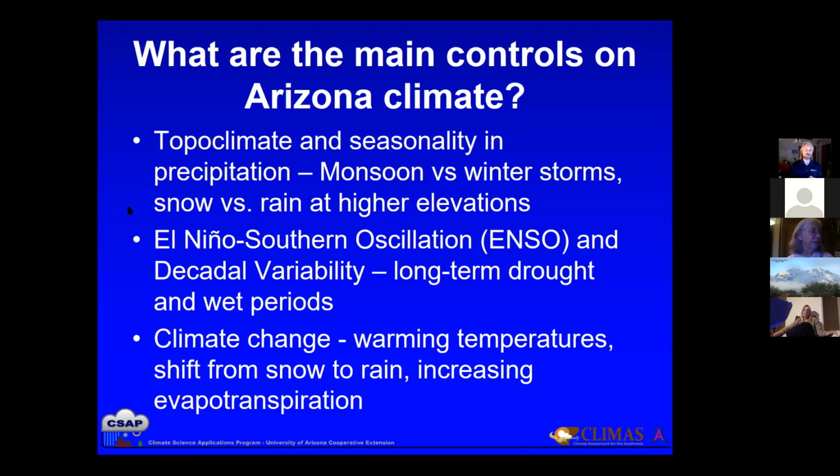Okay, so what are the main controls on Arizona climate? So I break it into these parts. So the first thing we'll talk about is topoclimate and seasonality and precipitation. So we have a seasonal transitional climate. So we have monsoon versus winter storms. We have two different seasons, which become important in delivering precipitation at different times of the year with these breaks